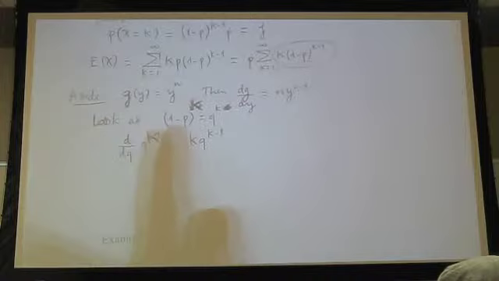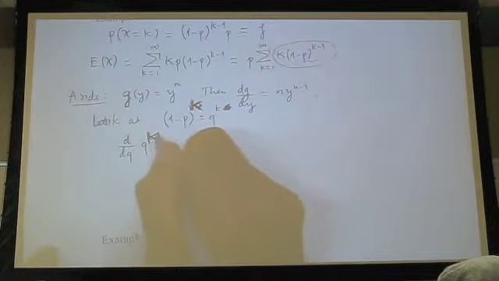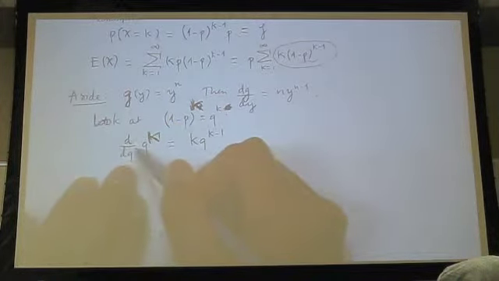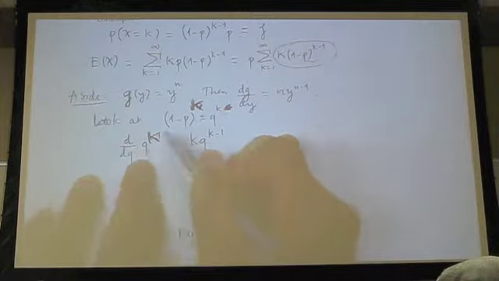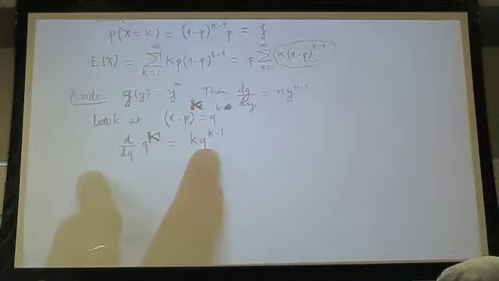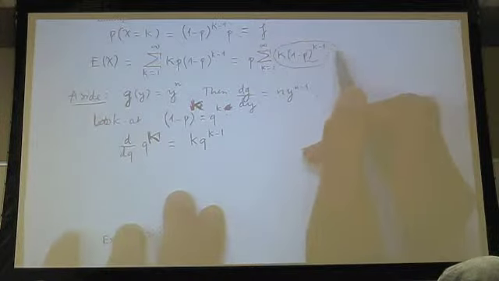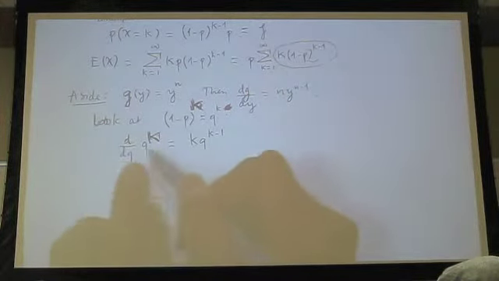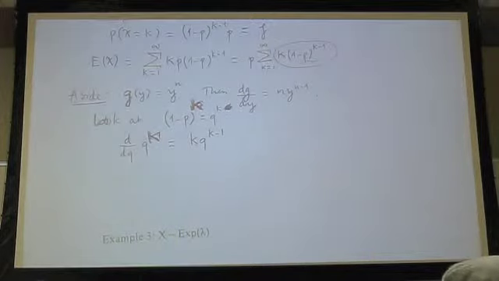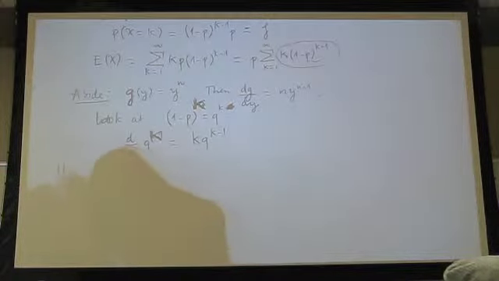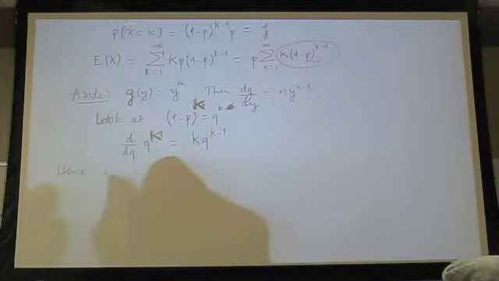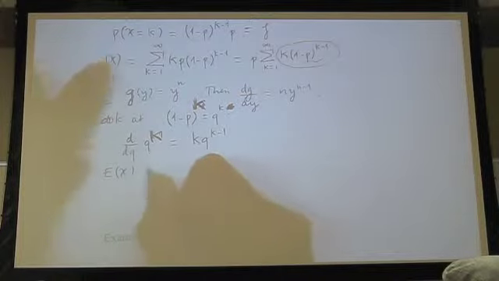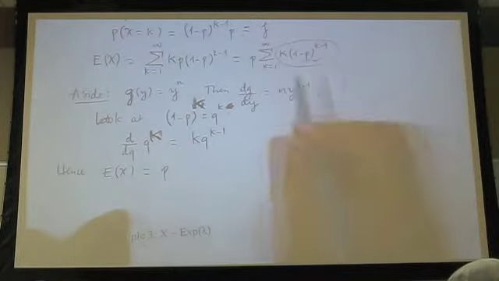Right? If I take the derivative of this one, what will it be? If I take the derivative with respect to q of q to the k, it will be k q to the k minus 1. Correct? So therefore, can you see that the thing that I circled right here is nothing but the derivative of q to the k? That's what I'm trying to say. Right? Good. So therefore, hence, back to our problem, the expected value right here is equal to p multiplied by